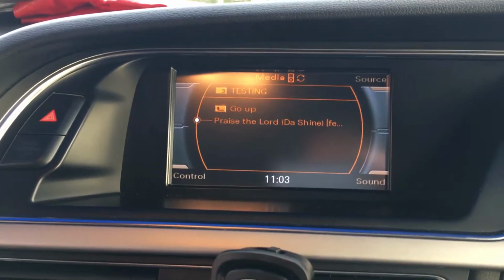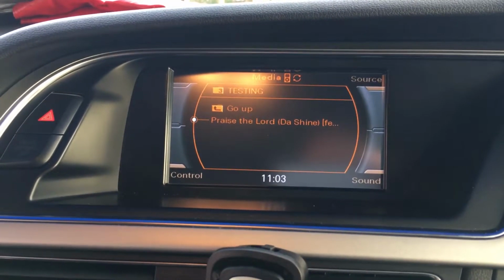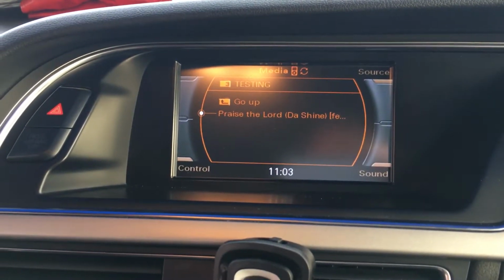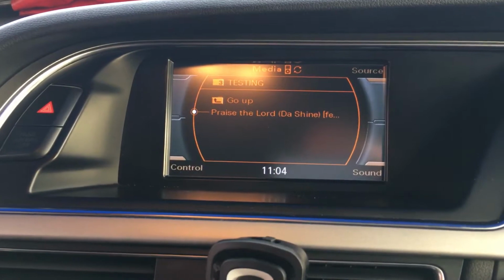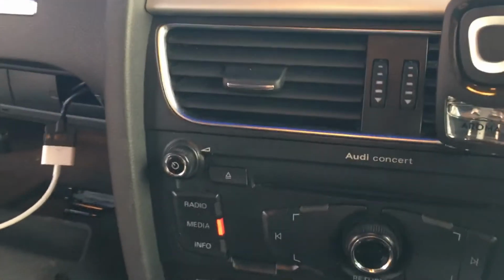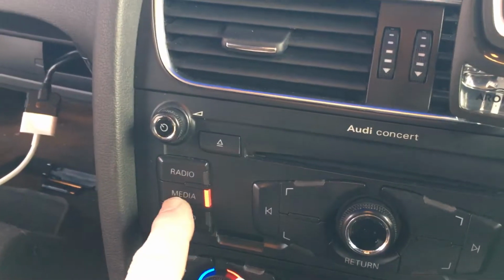Okay, this is a quick tutorial for the Dynavin N6-A5. There's some confusion about how to play some of the media that's available in the Dynavin system. So here goes. First of all, you need to have pressed your media button